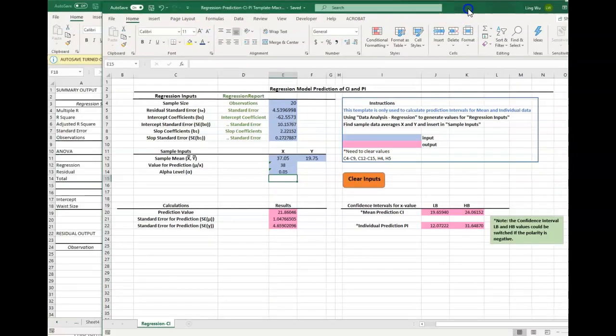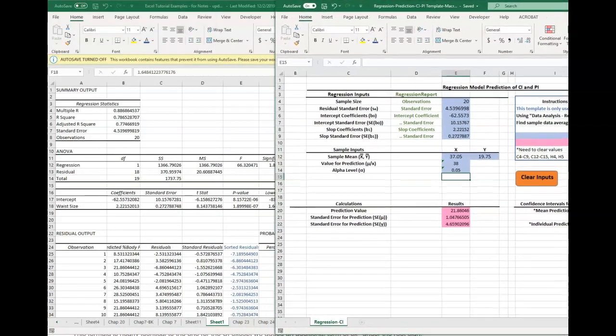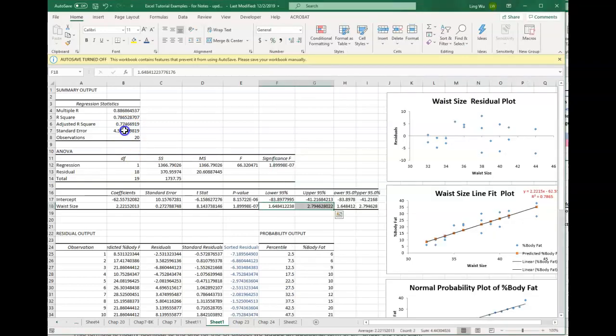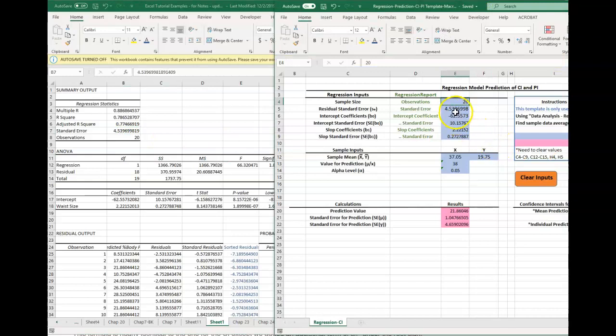Just see how we fill these templates. First, the observations sample size is 20. In your report, we fill this observations with 20, and then the standard error is the residual standard error, which is this value, 4.5396998, and the intercept coefficient is B0, negative